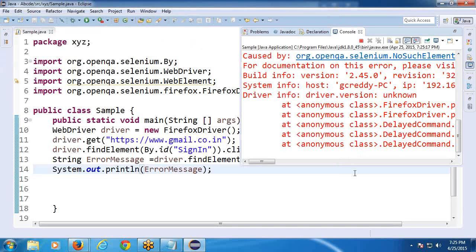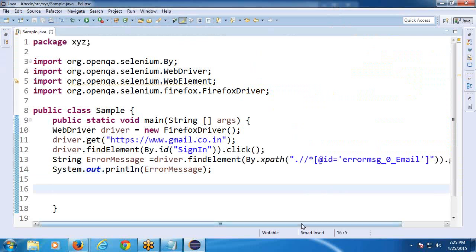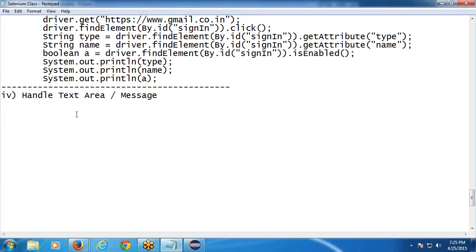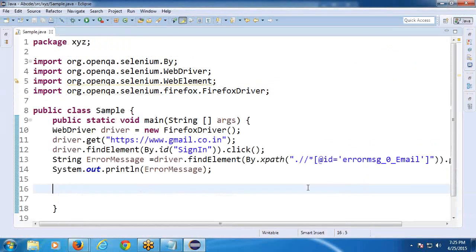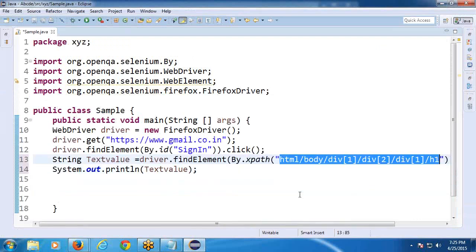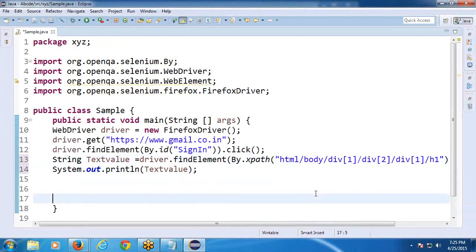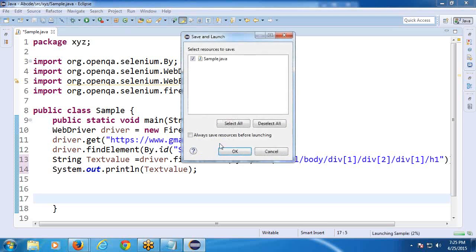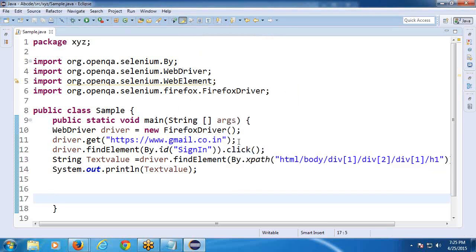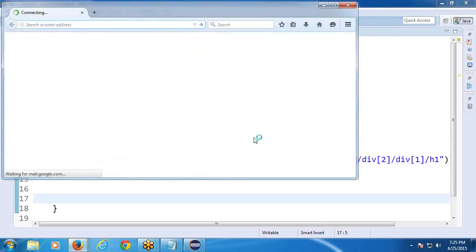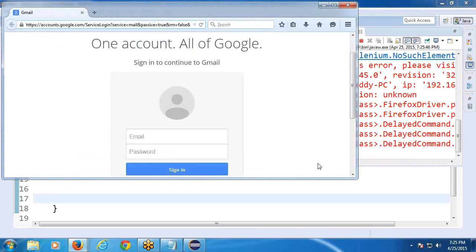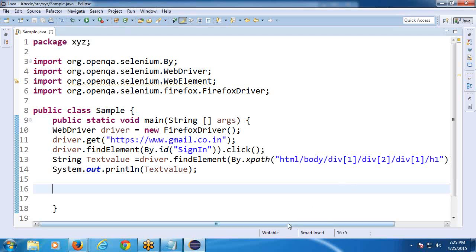What is the problem? Get text. Identify the problem. First handle the text area. Just a minute. We didn't copy that one. Just a minute, I didn't prepare the notes for this. It is showing